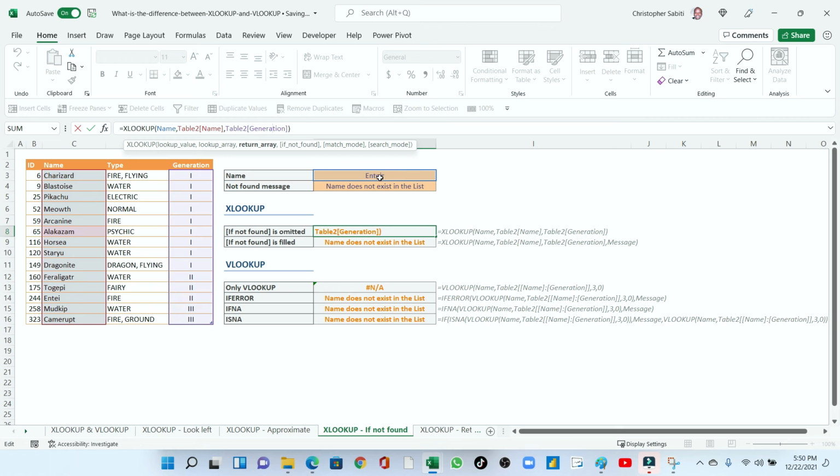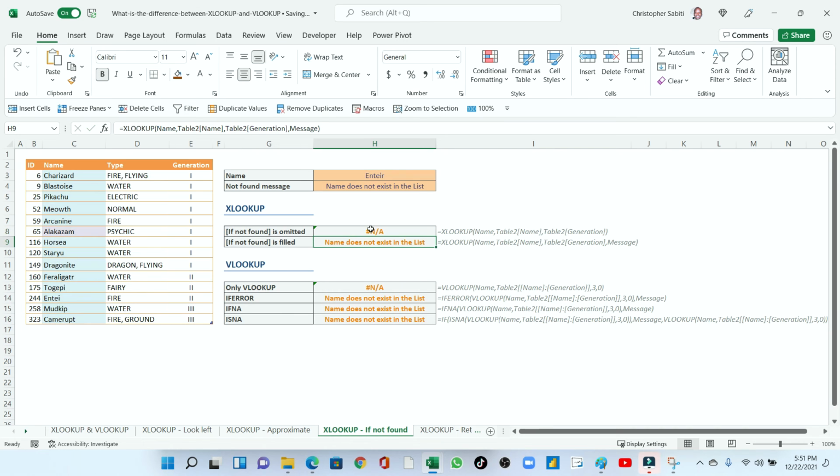But the name that is here does not exist, because this is having an R. So since I omit the option if they don't find it, it will bring me not available. It will work like how VLOOKUP is.